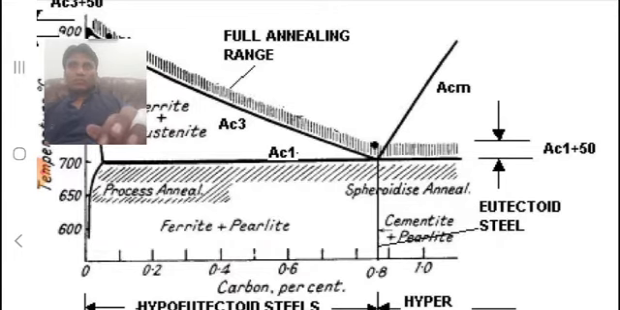This type of annealing has a very big advantage, because the cementite network across the grain boundary is a very big disadvantage, which increases the hardness of the metal and brittleness of the metal. Therefore,